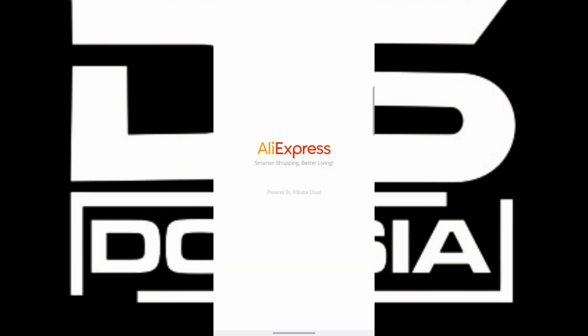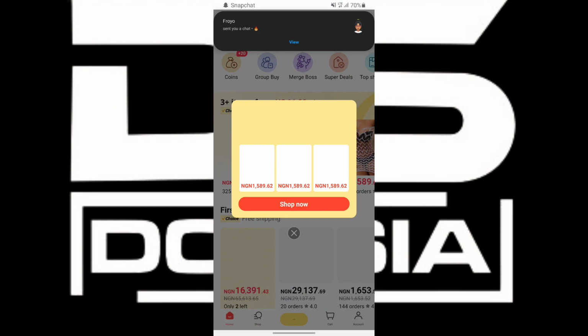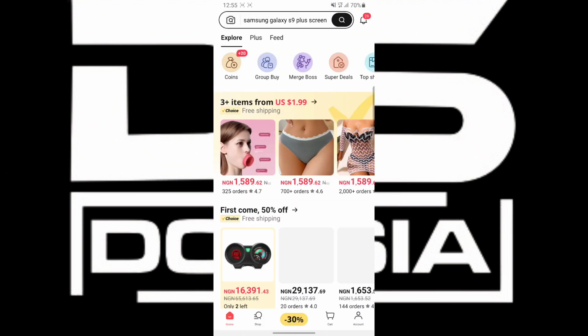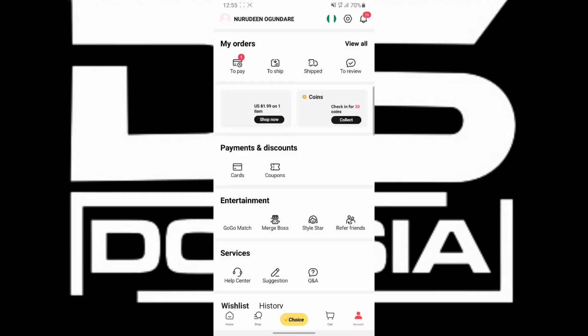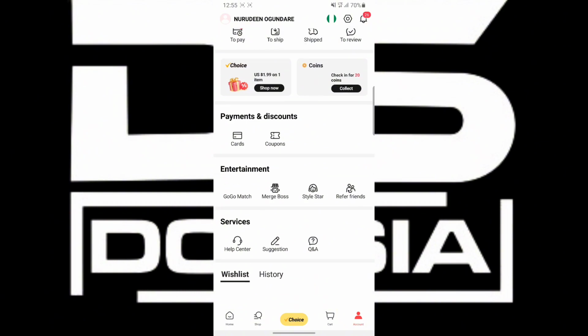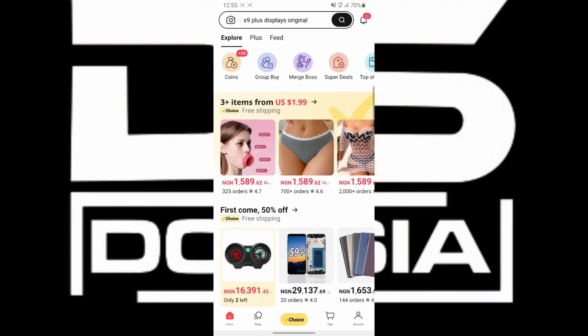Once you download the Aliexpress app, we are going to open it and sign in with your Gmail account. This is your Google account. Once you have signed in with your Google account, as you can see, it has been signed in here. You are going to search for your order, what you want to order. For example, now in my own cart,